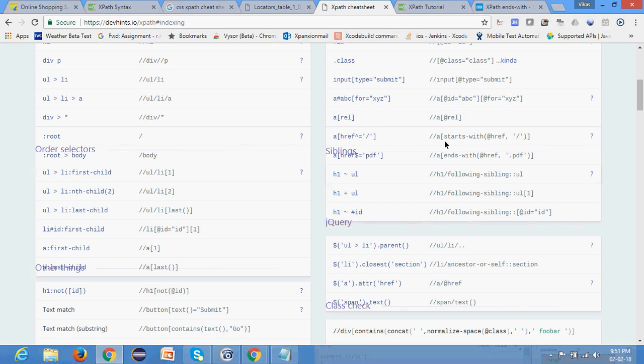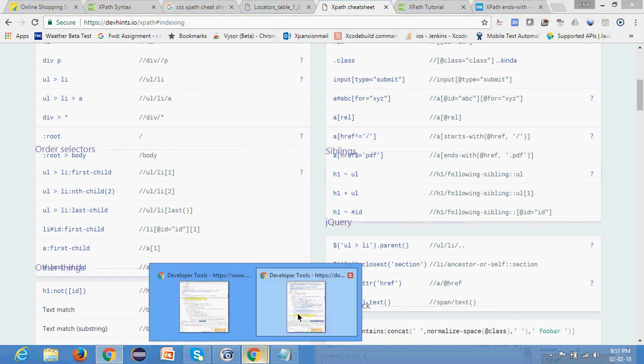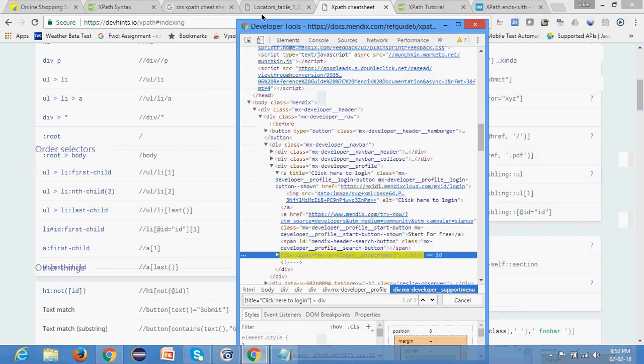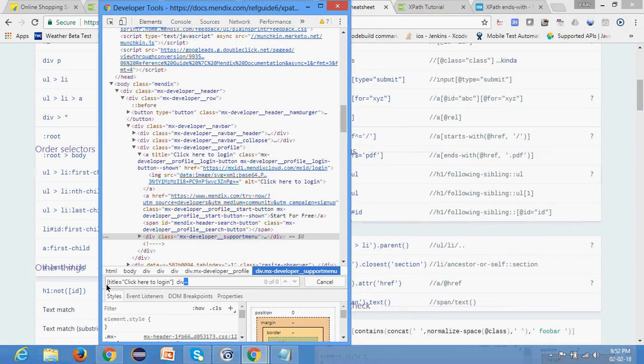So the equivalent XPath is, we already learned starts-with and ends-with, and for the tilde sign we say following-sibling::ul. That is the syntax. Now let's say I wanted to apply the same syntax in this example here. So let me convert that first to XPath: //*[@title] is the XPath, right? Okay, and now what I will do is, I will say I want to locate following sibling